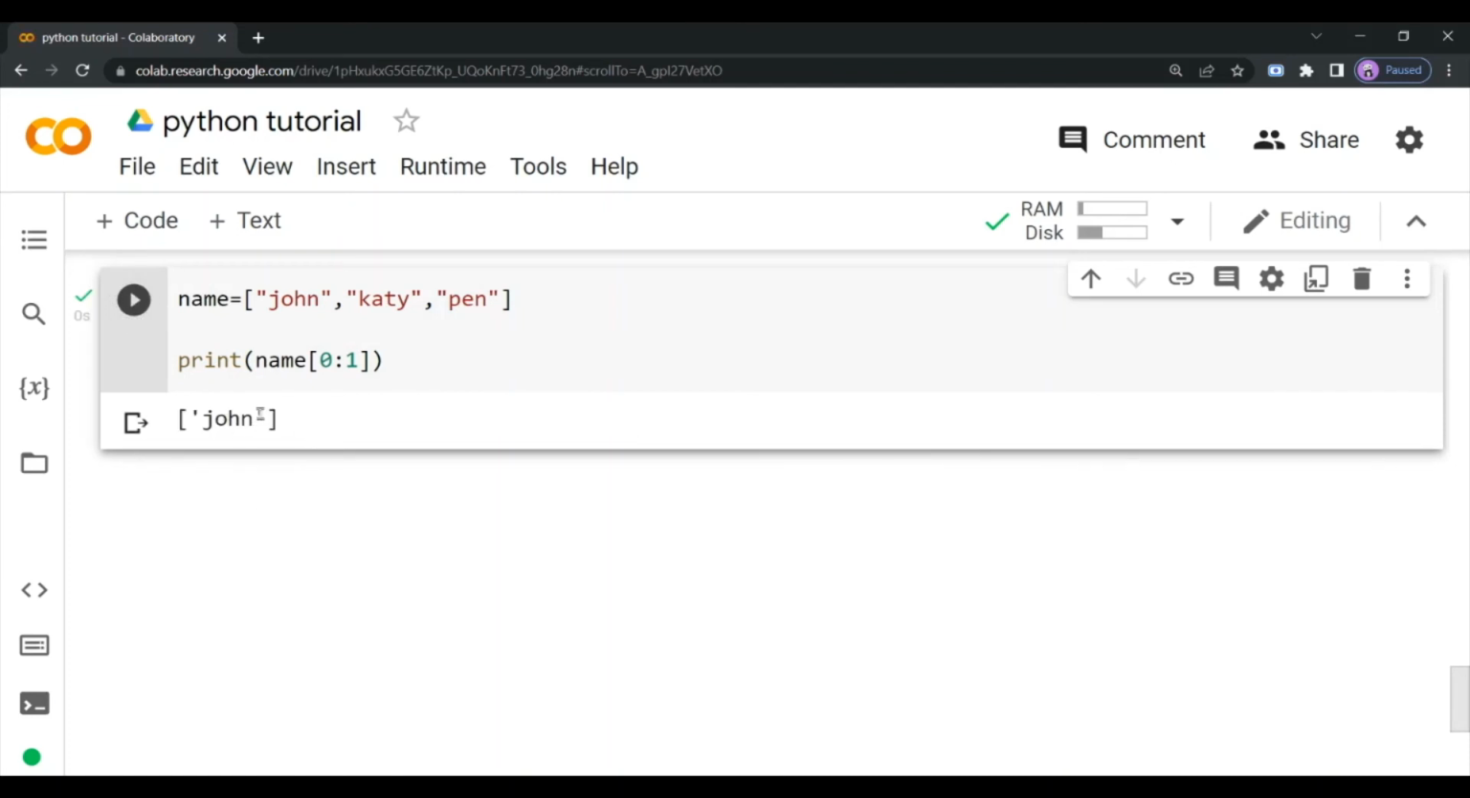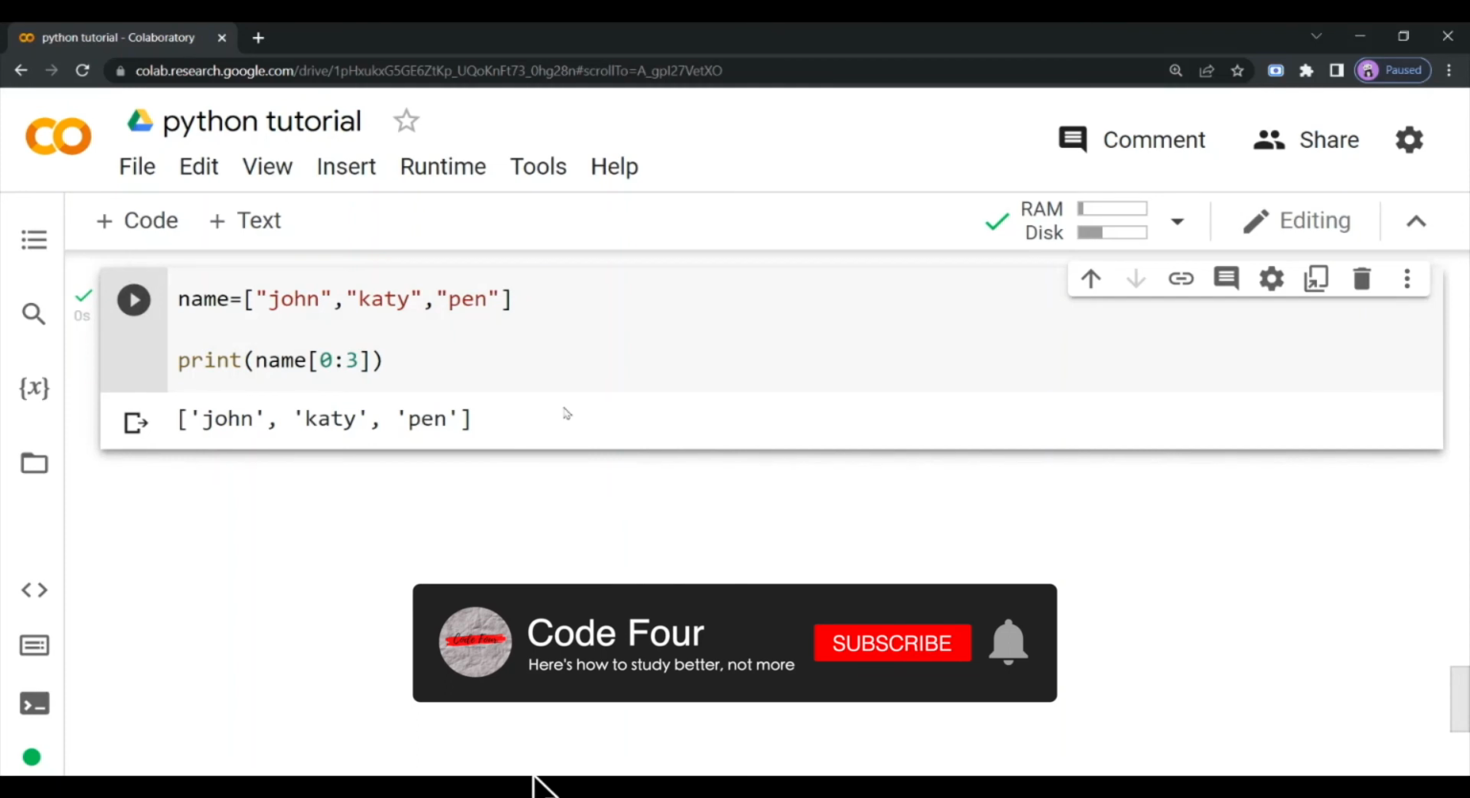There will only be John, because the last index will be subtracted by 1, so only 0 will come, that is John. If you type 0 to 3, then all 3 get printed. This is how you slice something. You can also